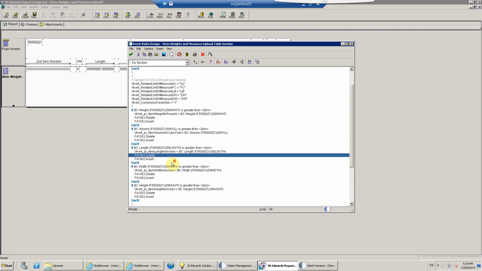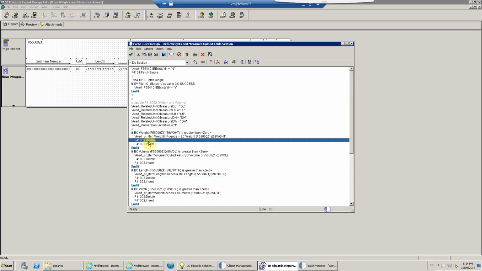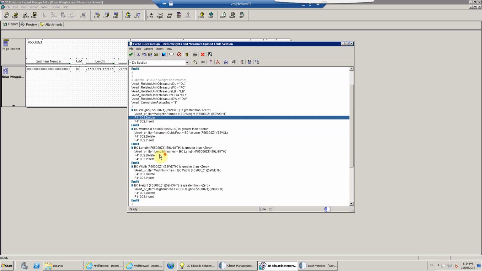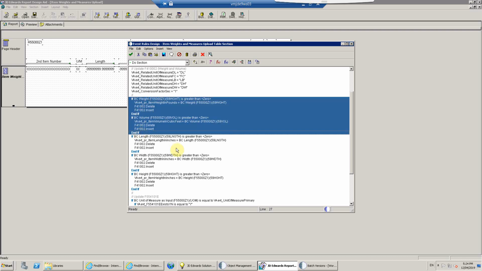Hang on a second. Actually, this suffers from a little bit of a bug. There could be some potential data loss there. So I'm going to scrap writing to F41002, but I do need to write the weight and the volume to F41002